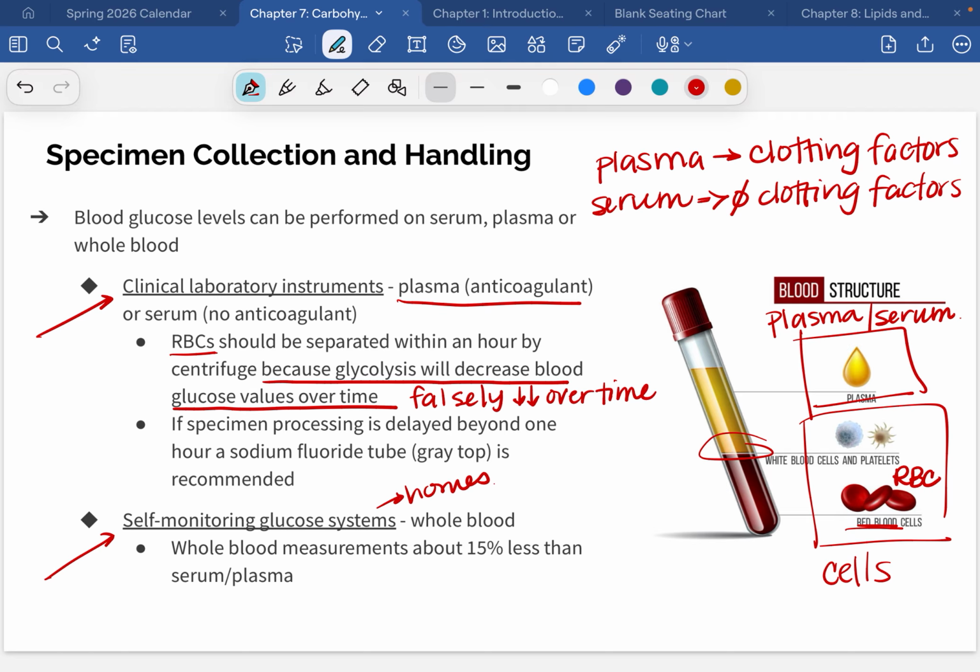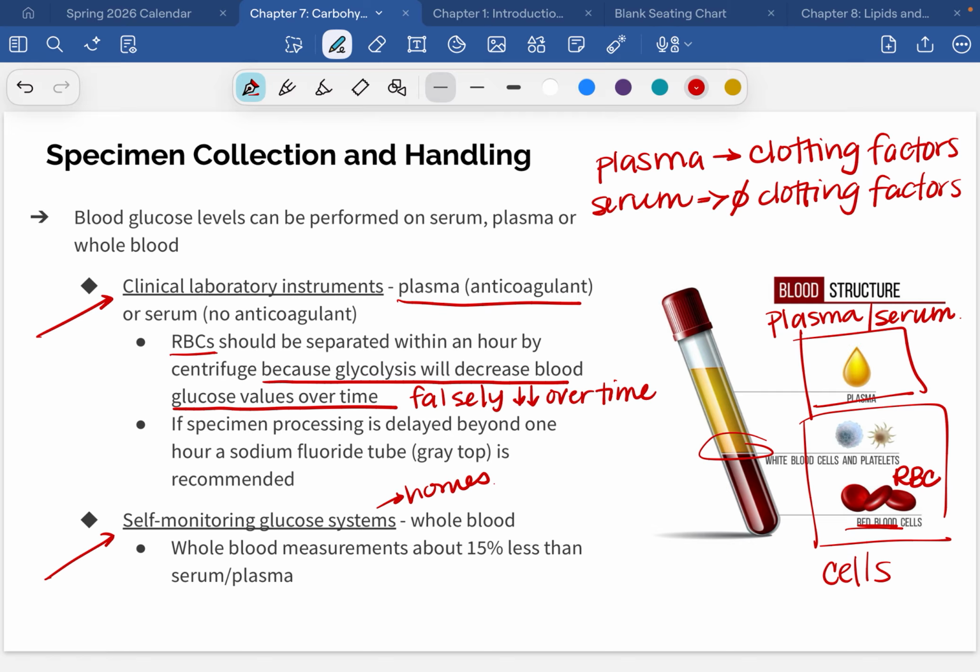But in situations like doctor's offices or smaller labs, a lot of times they will collect blood throughout an entire day and then send it all over to the lab at once. So if you've ever had your blood drawn in a doctor's office, a lot of times those tubes get labeled, slapped in a bag, and then they hang out in the doctor's office all day until they're sent to a lab. So if specimen processing